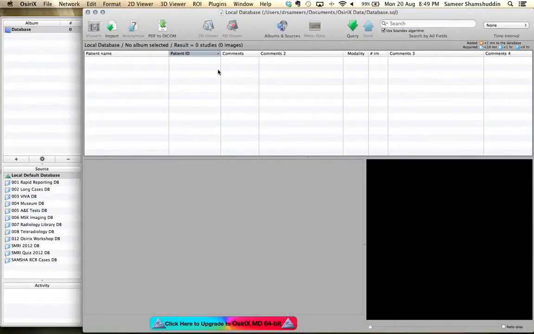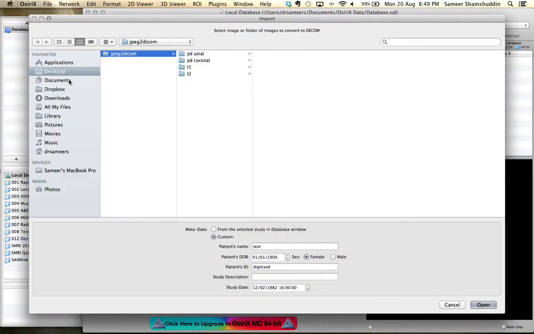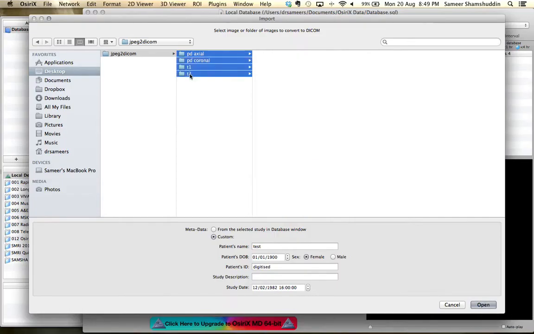Now to import that particular case, all I have to do is click on plugins, database, JPEG to DICOM, and select the folder which is on my desktop, JPEG to DICOM, and then click on PD axial and hold the shift button and click on PD coronal, T1, T2, all 4 folders selected, and then make sure that you can give the name as, I'm giving this as test case,